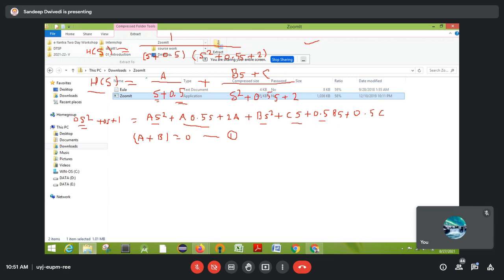Okay, so all the terms you can combine and compare with this one. So z will be cancelled and you will get that is equal to 0. Okay, so here you can write that is 0.5. This is what, 0.5, or you can write 1/2 also, no issue. Okay, so 0.5 a